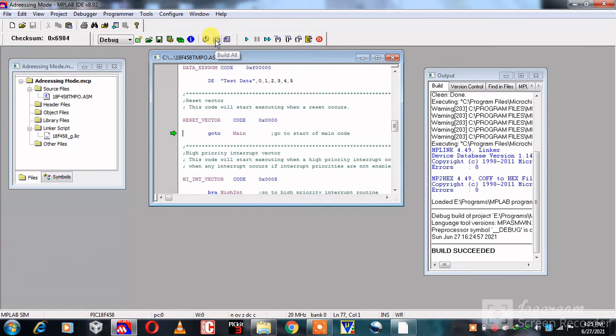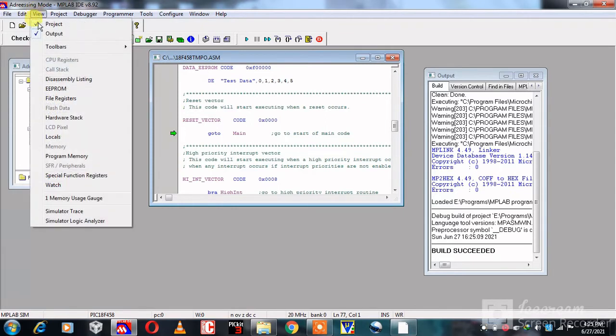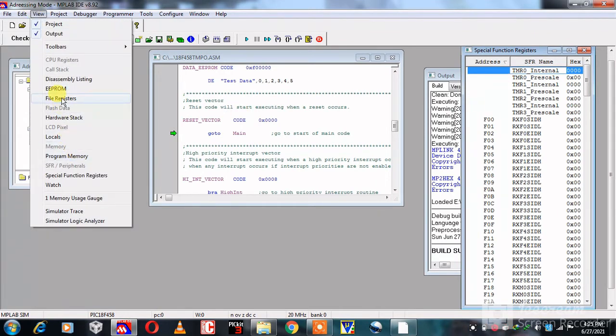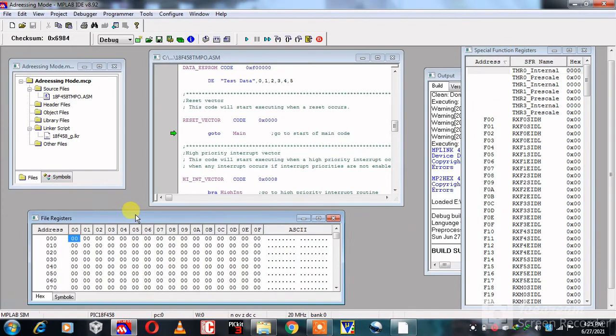Again click on build all. Here build succeeded. Then for result go to view and select the memory. We need special function registers, and file registers also.